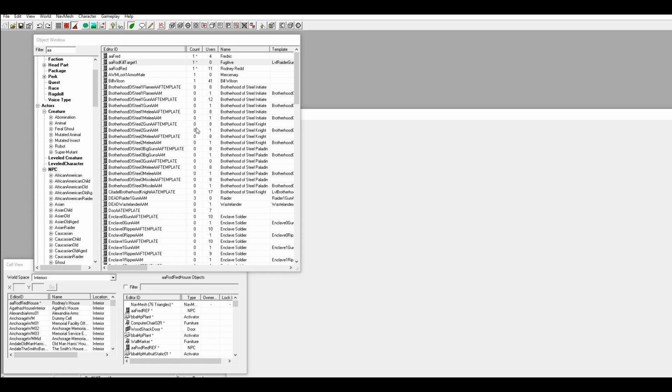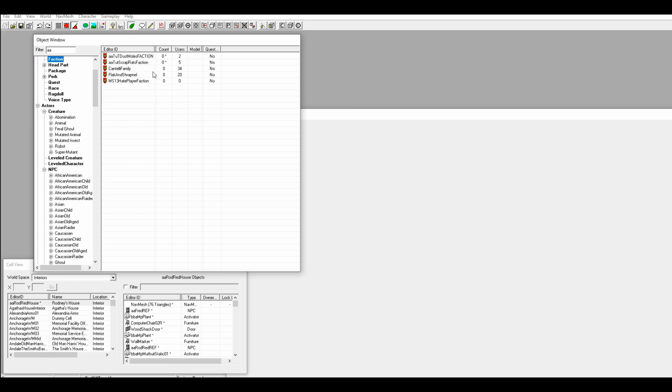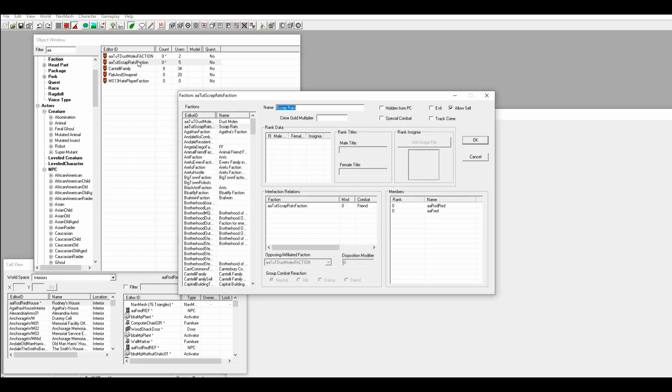Now, I'm not going to demonstrate me putting two NPCs in the world who are opposite factions and then just showing them kill each other. You'll basically just know, if you put these two NPCs who are in opposite factions and those opposite factions are enemies with each other, they will attack each other. Alright. So what I'm going to do now is I'm going to